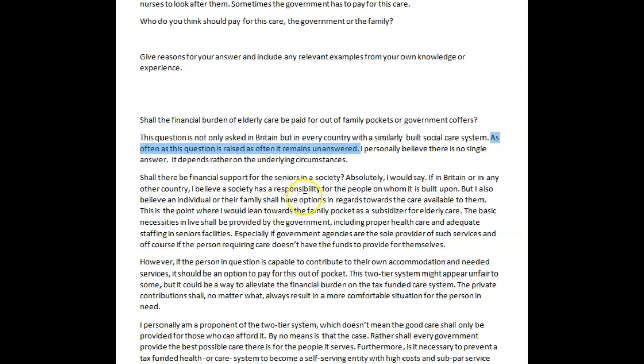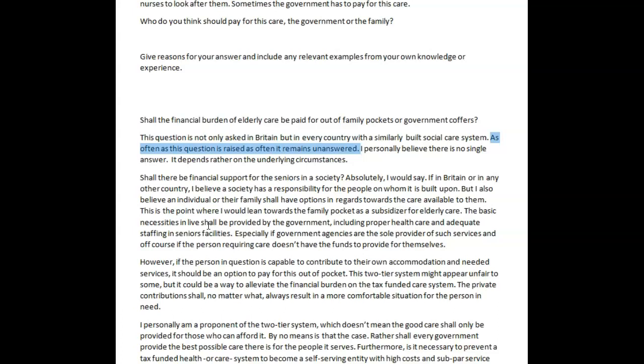should have options with regard to the care available to them. This is the point where I would lean towards the family pocket as a subsidizer for elderly care. The basic necessities in life, with an F, must, again, no "shall" here, must be provided by the government, including proper health care and adequate staffing in senior facilities, especially if government agencies are the sole provider of such services